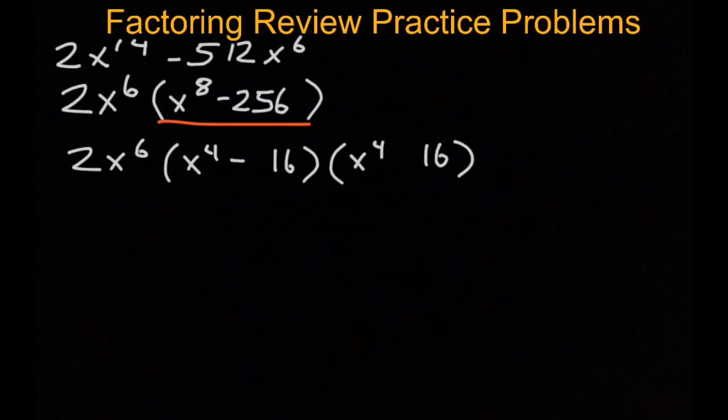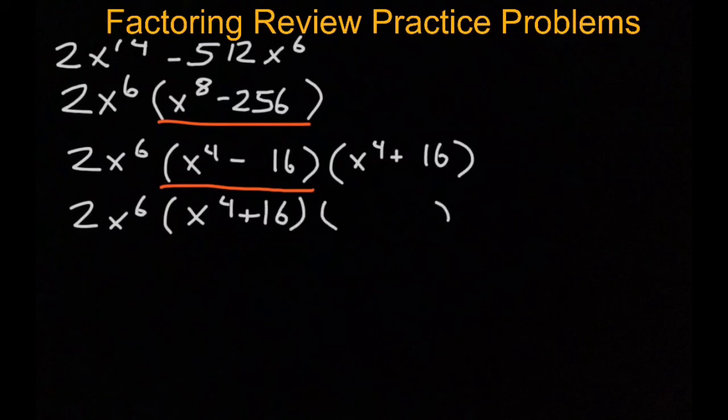One will have negative and one will have a plus sign. So how can we factor this even further? So as you can see, we can still factor this term right here. So let's do that. Rewrite this as 2x to the power of 6 bracket x to the power of 4 plus 16,